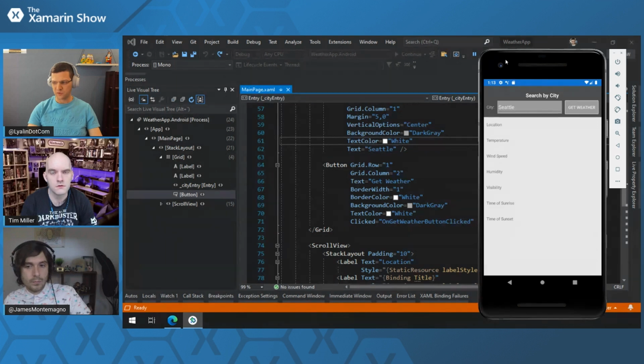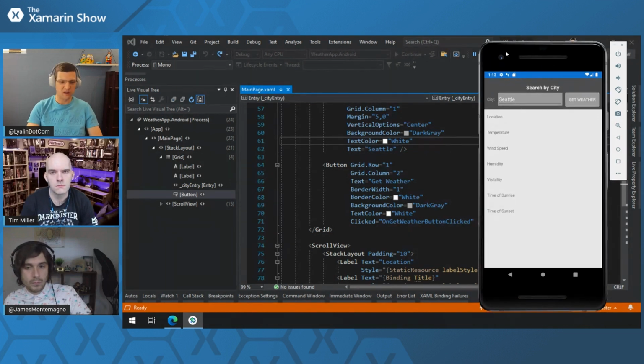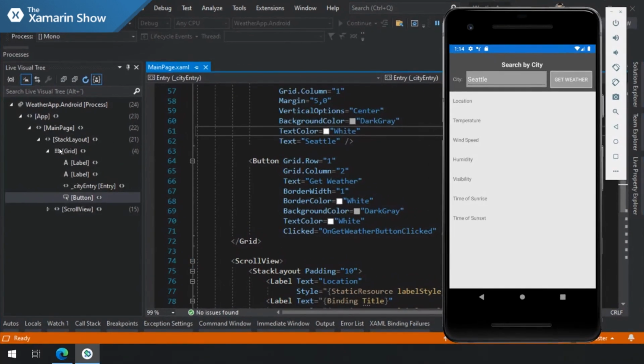People often ask me to describe Hot Reload in the simplest way possible. And the simplest way I can describe it is it's the ability to go to your XAML, change your XAML, and see those changes in real time hitting your live application. And it's an experience. So it's a couple of tools working together. We have the live visual tree, which enables you to find where in your application the XAML is.